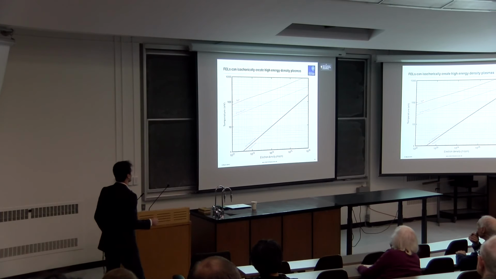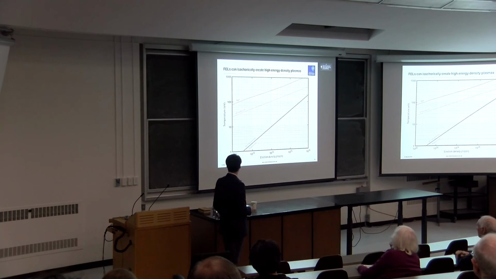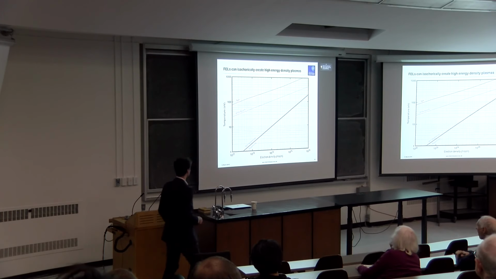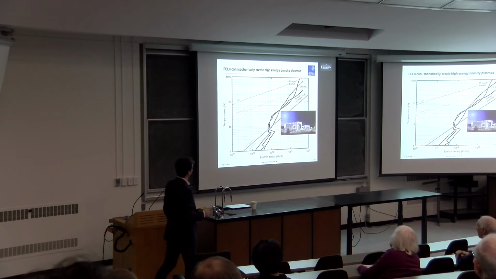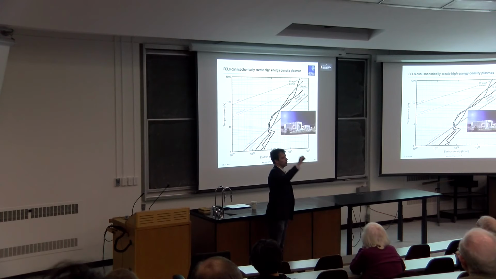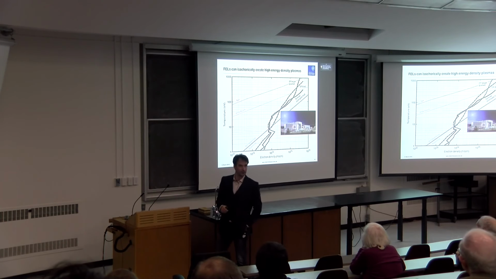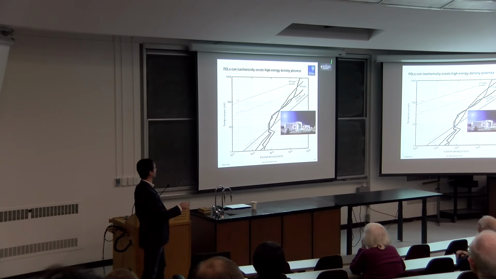10 to the 23 electrons per centimeter squared is most of the stuff in this room, by and large. And a temperature, so this is in eV, right? So that's already 11,000 eV. So these here are the tracks that a pellet on the National Ignition Facility takes. So this is the fuel as you're trying to bring it to fusion burn on the biggest laser on Earth, right? So it starts down here, it's cold, and then it's driven up here, and then you have fusion happening somewhere up there.